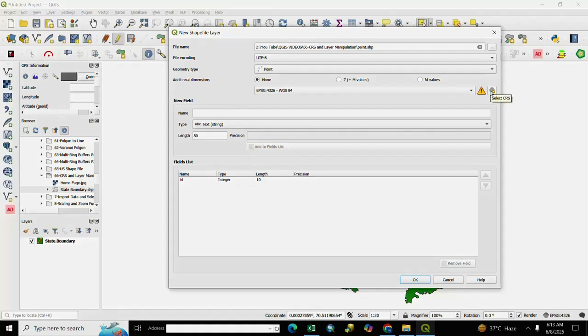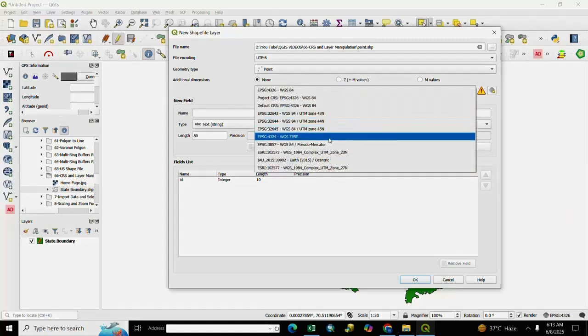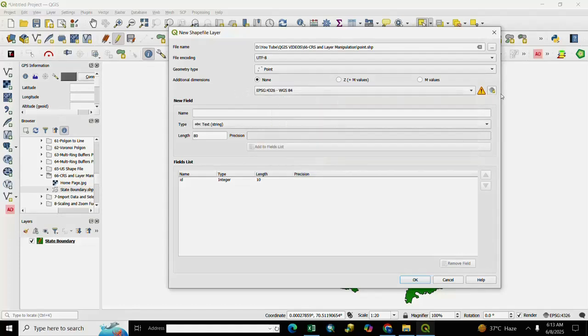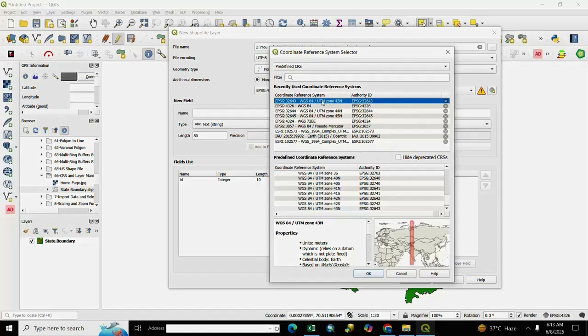here is CRS, you select also here drop menu. Otherwise you click on select CRS and you select here CRS. If you want to give world projection WGS 84, you select here. Otherwise if you want to give UTM projection, you select here UTM projection.